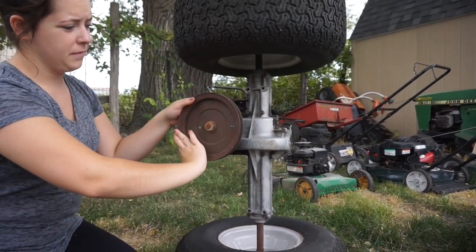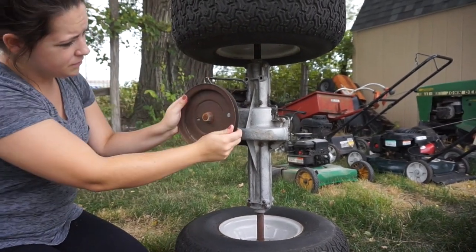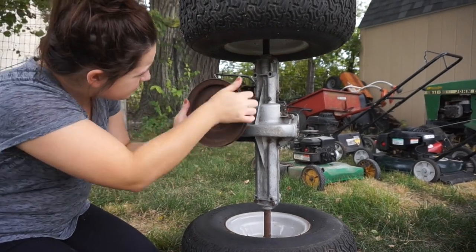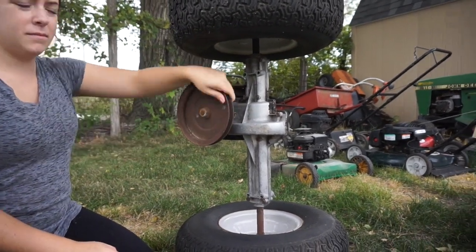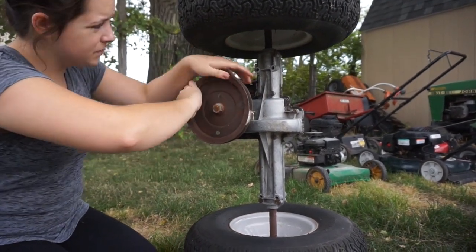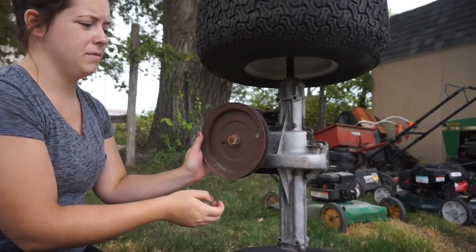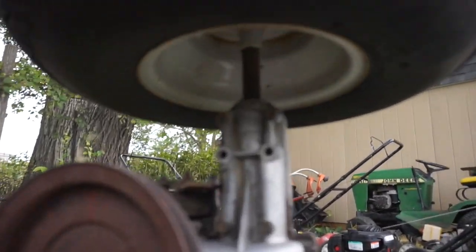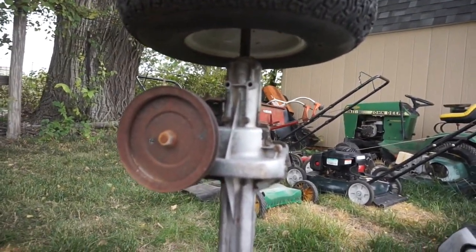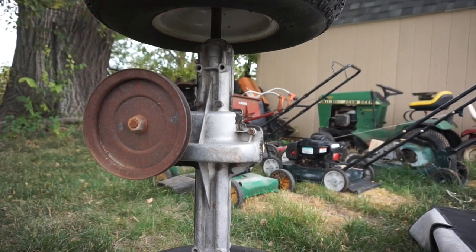There's 2, 3, 4, 5, keep going, 6, 7, I think you're a little over halfway, 8, 9, 10, keep going, 11, 12. Is that it right there? Yeah. Okay. So that would make this roughly a 12-to-1 gear reduction, which means we've got to actually look this